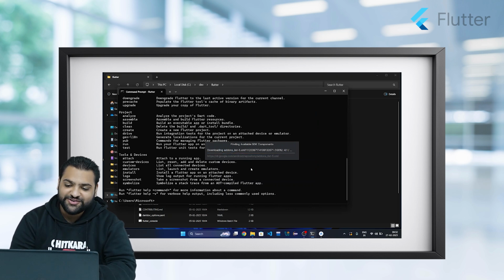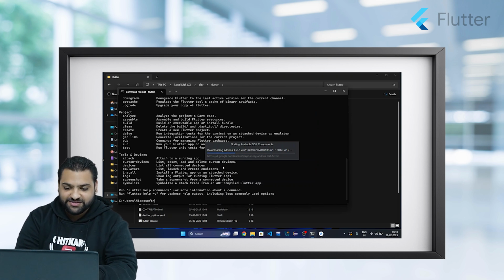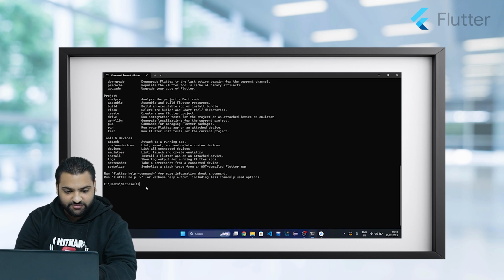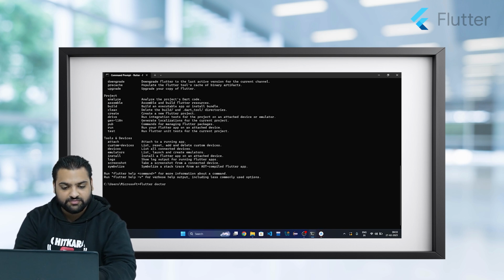Okay, again it is downloading SDK components as you guys can see. So let's skip it for now. In the command prompt, we will run this command, flutter doctor. Again, it's taking some time, so we will wait.